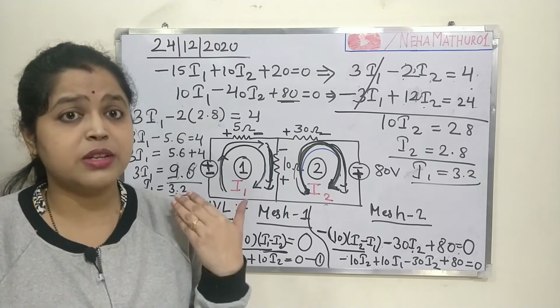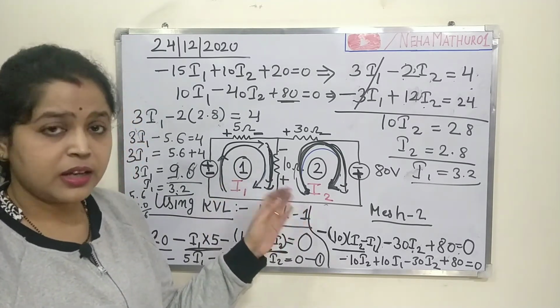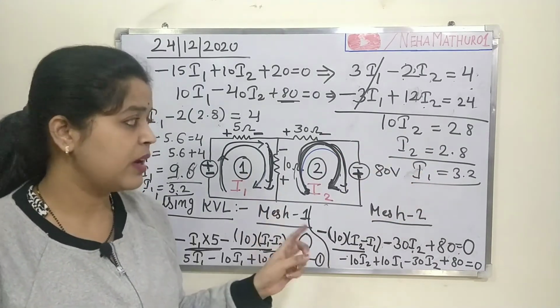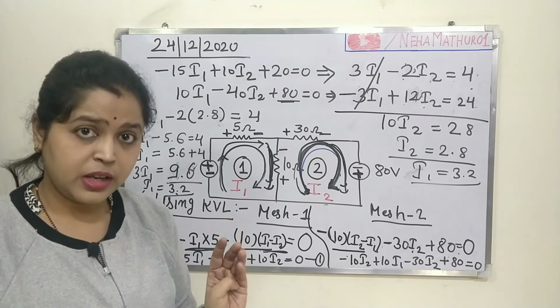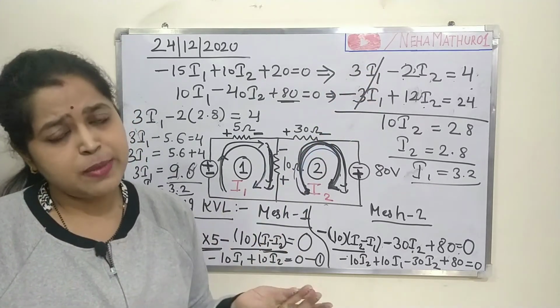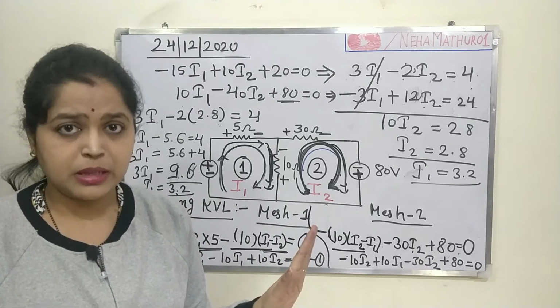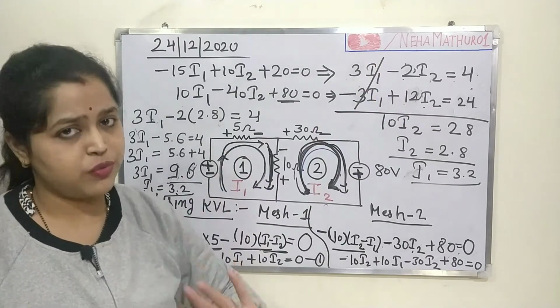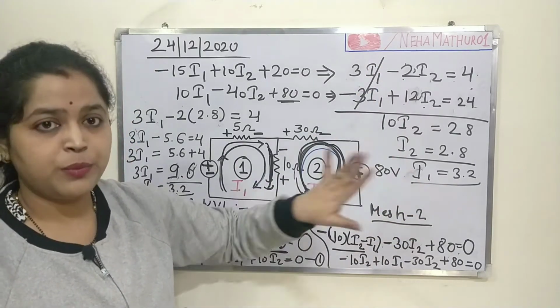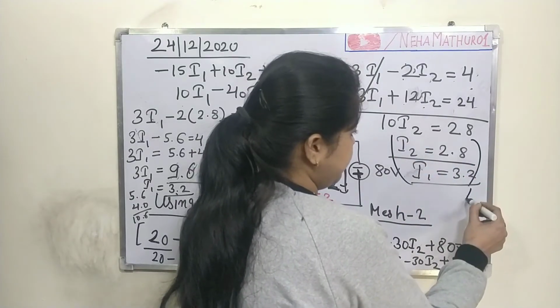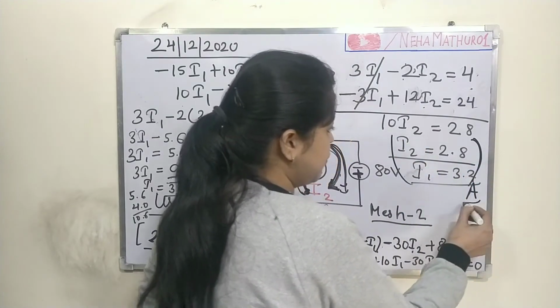If the question is different, or you have a circuit with one more mesh, in that case you will have three variables I1, I2, I3, and three individual mesh equations, and just by applying the equation elimination method, you can get the values of the variables. So you have I1 and I2. Now the thing is, these both are in terms of ampere.